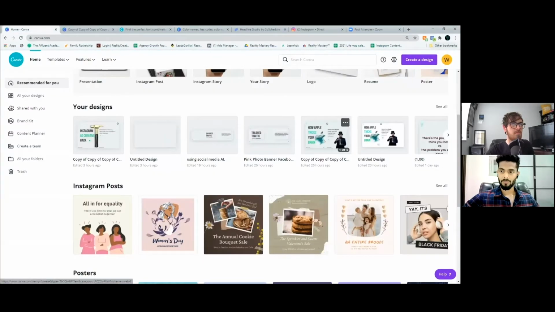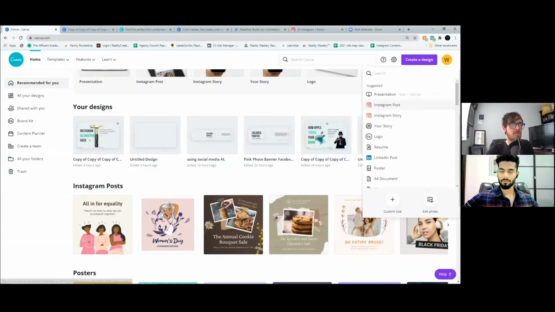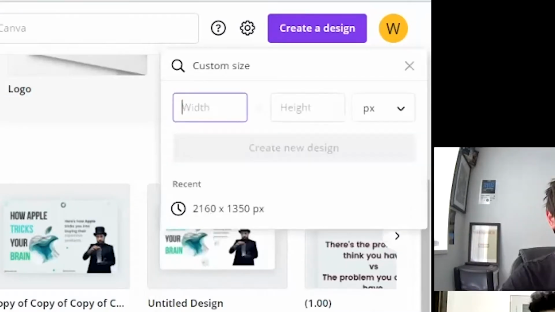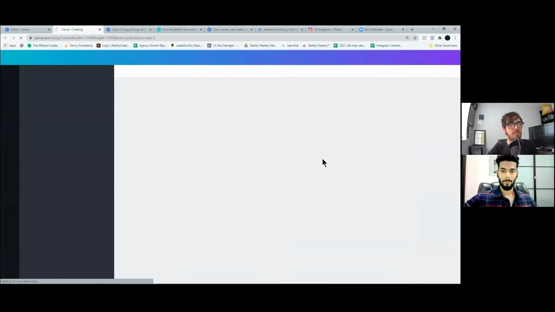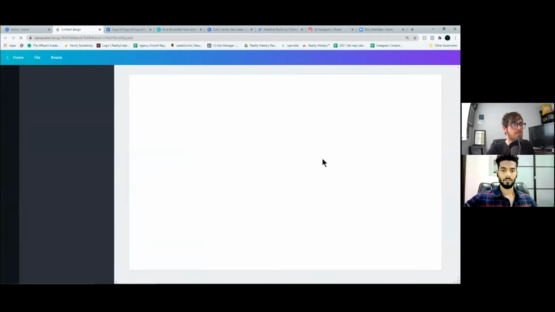First off, let's create a design. Custom size. Your custom size is going to be 2160 into 1350. Create a new design. There we go. You have your new design. Now,